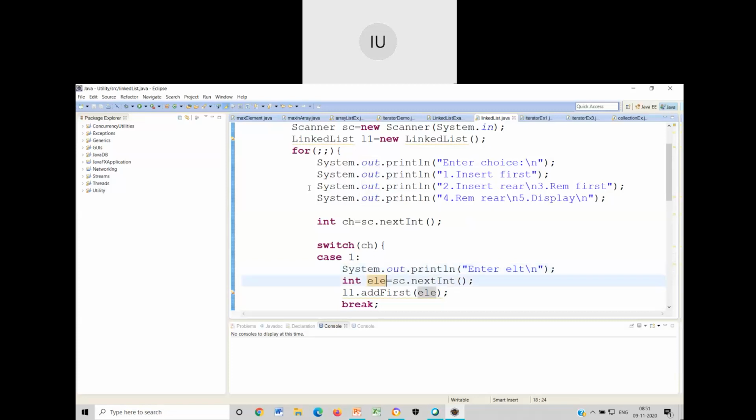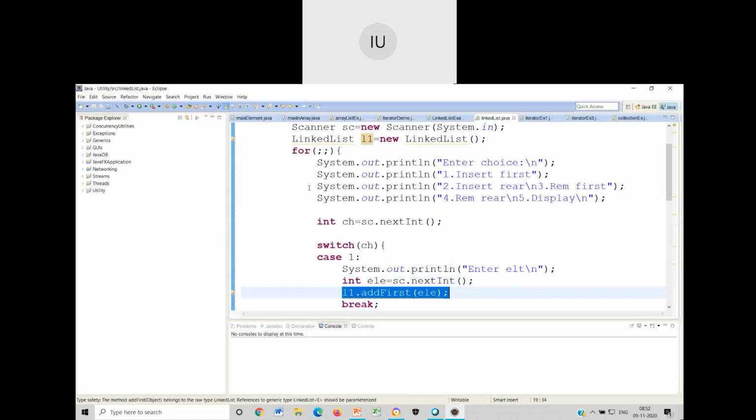And look at this. Insert front, how you have written the code in data structures, how you have written the code, insert front. That is done so conveniently, so easily by this one line of code. One line of code, what is that? Add first. I don't have front here, I call it as first. Similarly, I have remove first. Then I have add last. Then I have remove last.